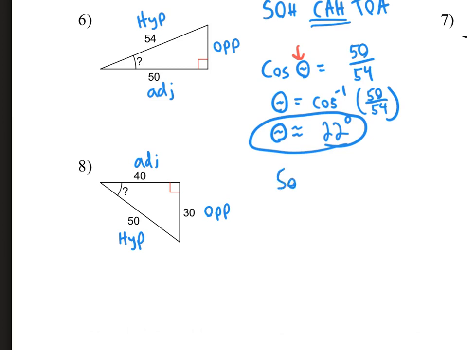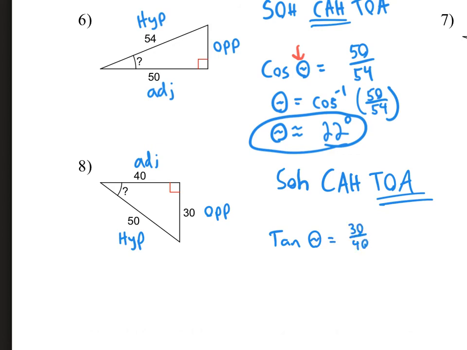I could pick any of these to use. I've used cosine and sine already, so this time I'll use tangent. Tangent's opposite over adjacent. So the tan of theta equals 30 over 40. And now I can move the word tangent over to the other side and make it arctangent. Theta equals, and then 30 over 40, I'll reduce that to 3/4. So arctangent of 3/4